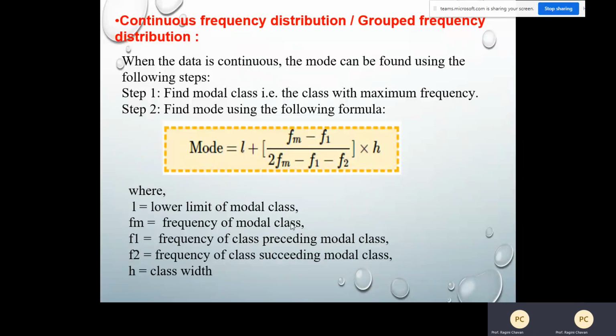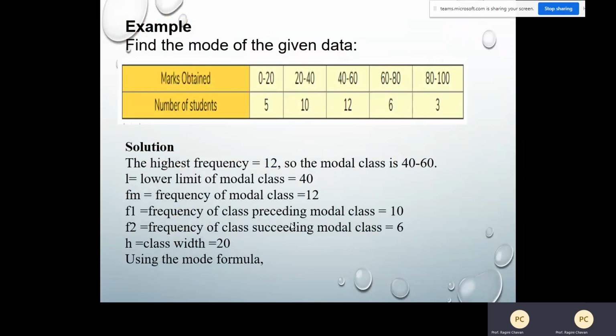So a very important step to find out the mode is that we have to find out the modal class first. So we can discuss it in the example. This is the grouped frequency distribution with classes and the frequencies. In this data, we can observe that the class 40 to 60 has the highest frequency, that is 12. So the corresponding